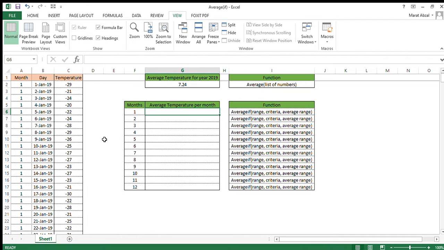In another case, we want to know the average temperature for each month. So here not average but the average if function will be more useful and helpful. The average if arguments: the range will be the column A, where we're going to search. What we're going to search is the month, so criteria will be the months. And average if we